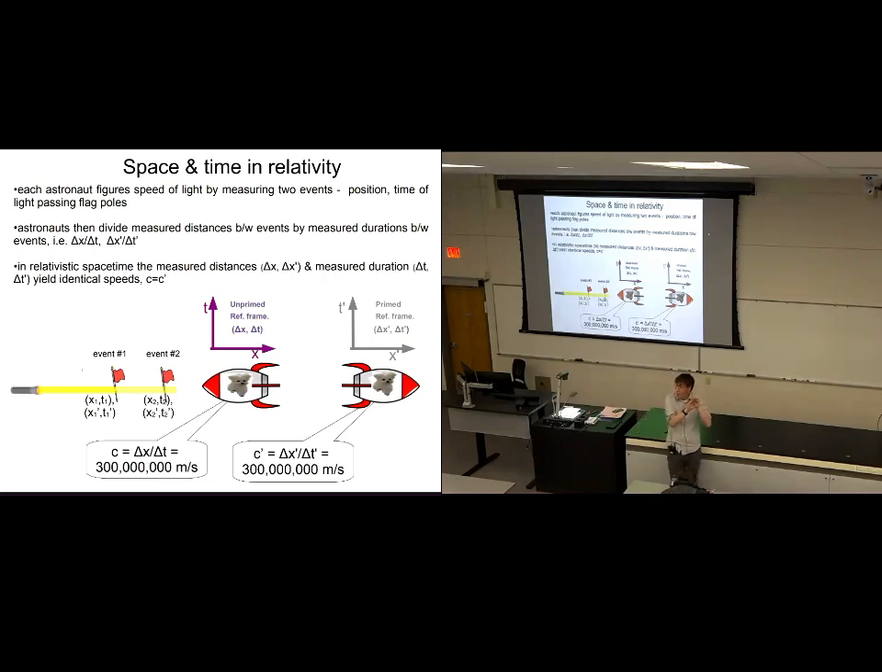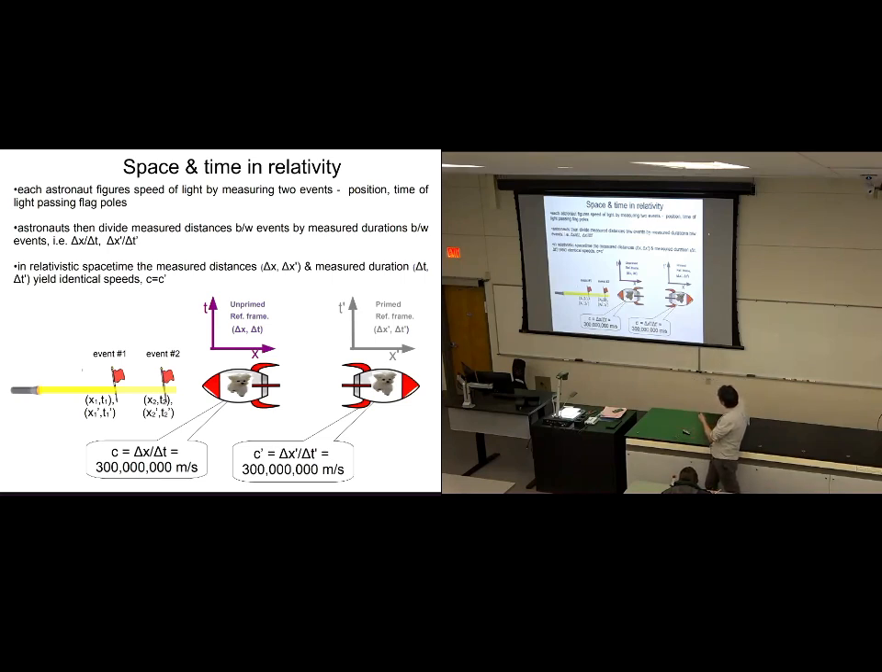So at that point, they've figured out the distances traveled as measured in their reference frames. They've figured out the time taken as measured in their reference frames. All they've got to do then is divide the distance traveled by the time taken, a very basic law of physics: speed equals distance traveled divided by time taken, to calculate the speed. And when they do that,